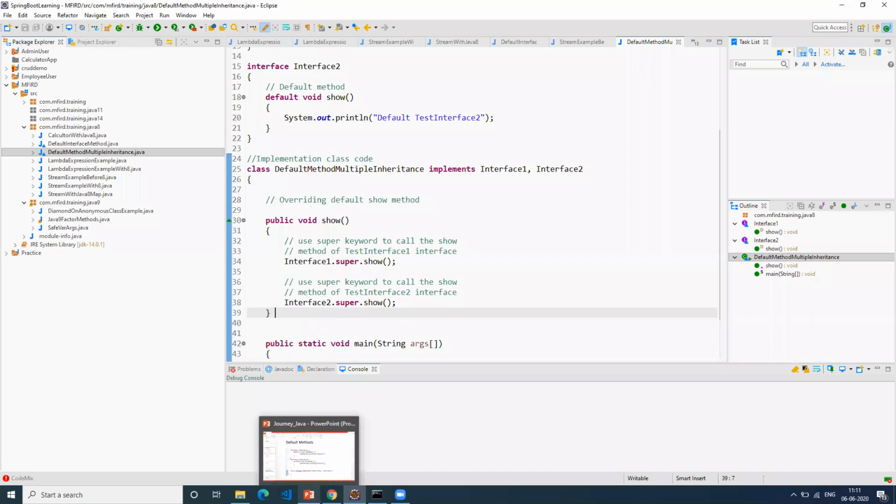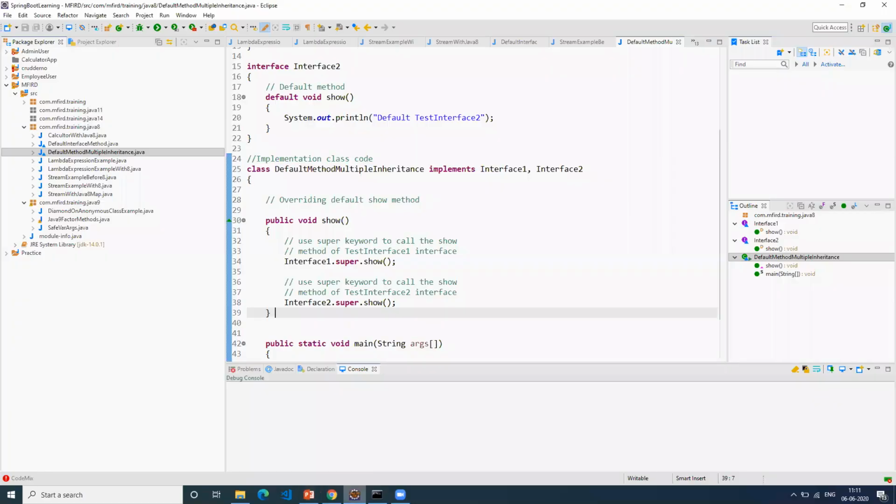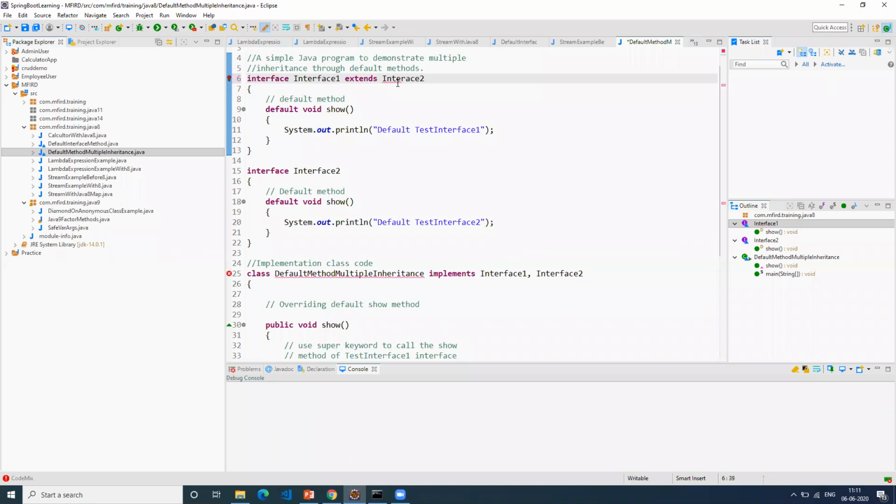Any questions so far on Java 8? If we extend the interface, do we still have to implement both the interfaces in the child class? Sorry, come again. If you extend the interface, and in the default method multiple inheritance case, do we still have to implement both interfaces? No. I commented this code, right?